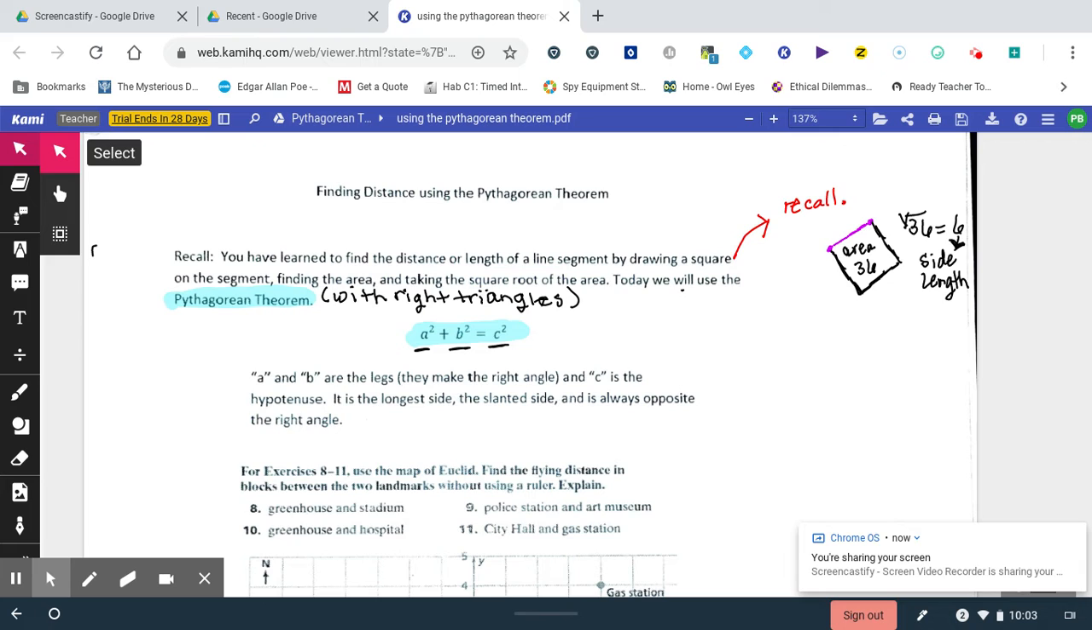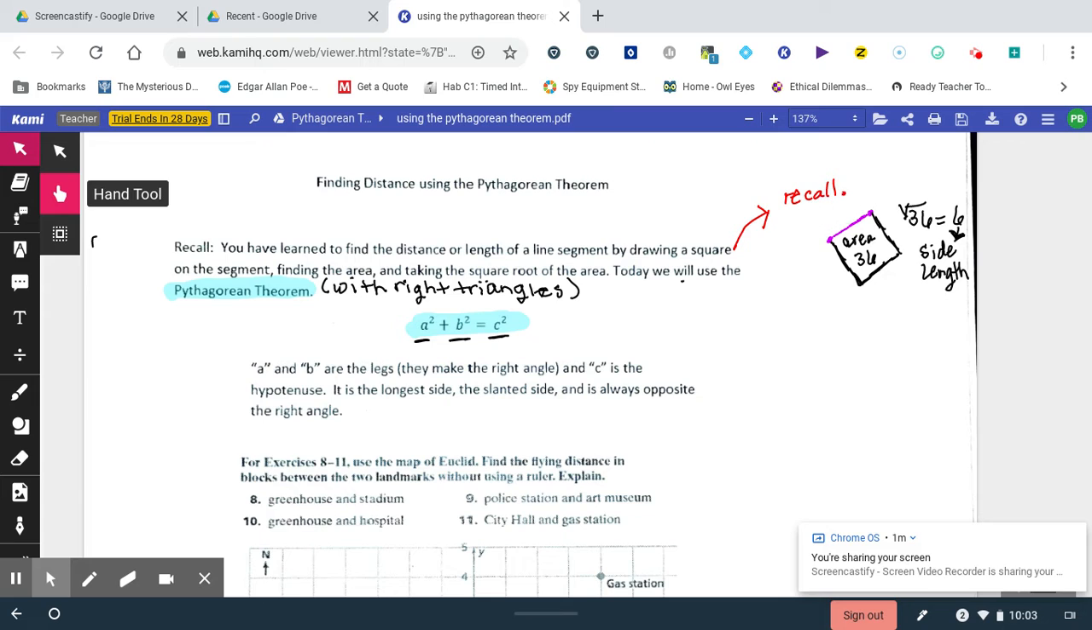Look at the recall. It says you've learned to find the distance or length of a line segment by drawing a square on the segment, finding the area, and taking the square root of the area. So I want you to take a look at this part right here. This is what I'm talking about. So look at the line segment in purple. What I did is I drew a square on that line segment that's in purple, on this one right here,